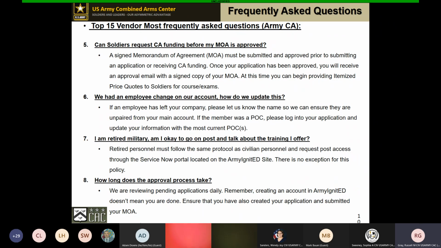Two, if the individual is new to your business and doesn't already have an account, they need to go through the ServiceNow portal and submit the roles request. We will then tie that member to the new account, and then they can start making changes to the application. So make sure that they request the roles request, and we can tie their account to the main vendor account in the system.